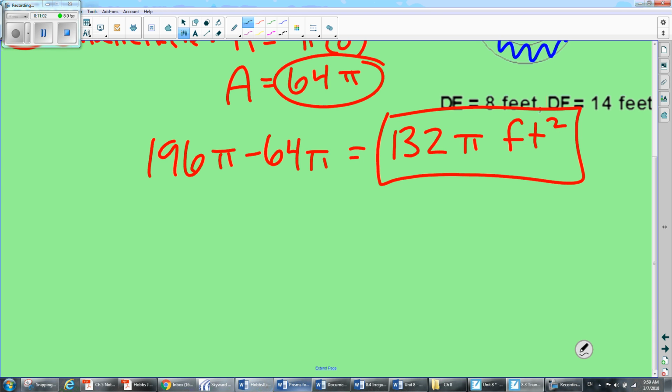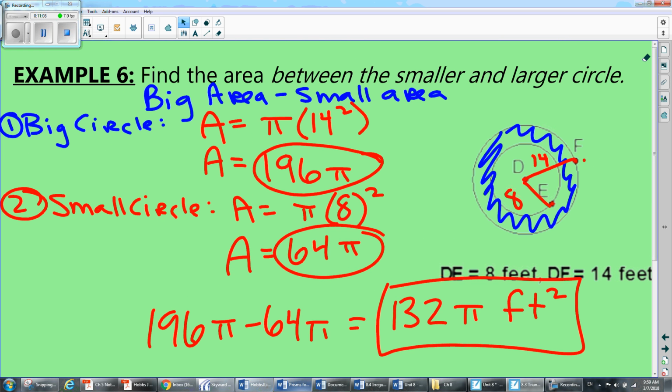All right, so in this example, we have to find the area between the smaller and the larger circle. So what we have to do is take the area of the big circle and subtract the area of the smaller circle. So if we look at the big circle, its area